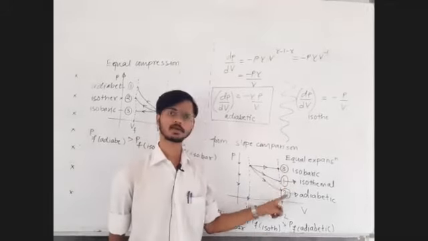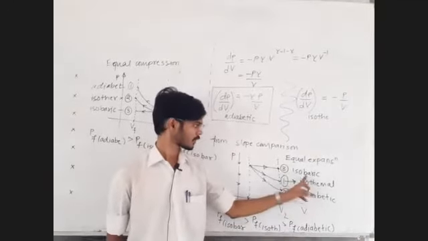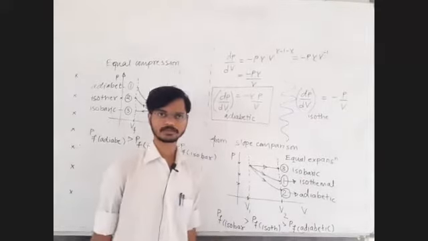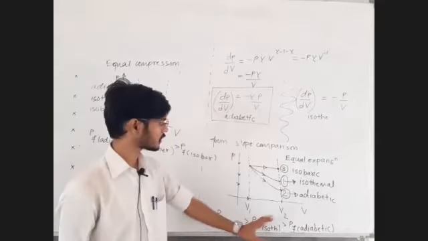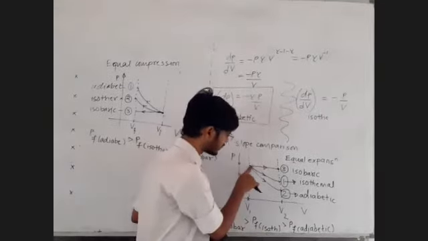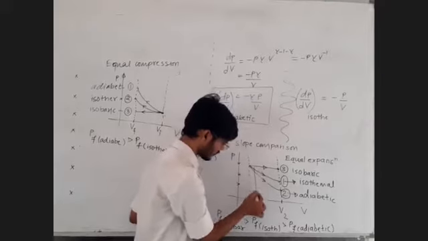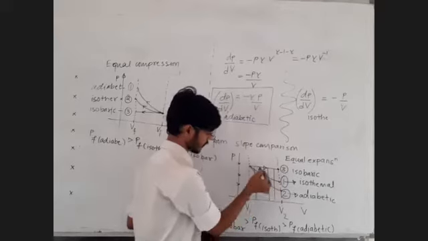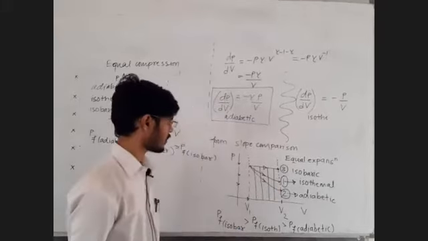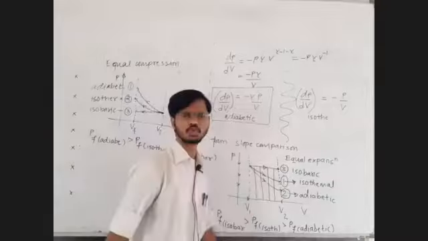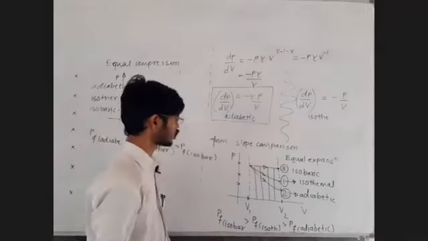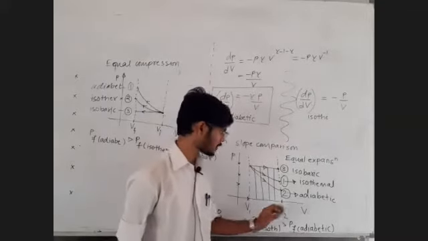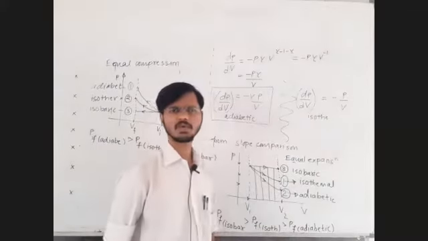3, 1 or 2? You can call isobaric B, isothermal T, adiabatic A. Yes, all of you are giving the correct answer. Sir, this area is more. Yes, this area is more than any other area. It means this work done is numerically more. And in this process, volume is increasing. It is expansion. So all the works are positive.